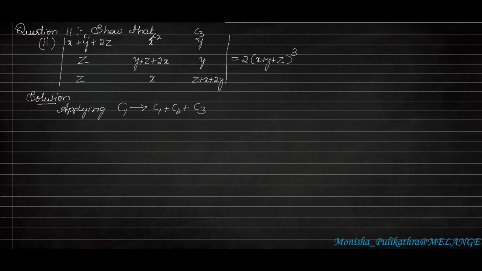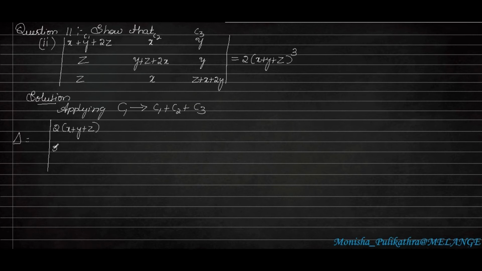Since we have to take one column or one row identical, if we take it identical, it will be easier for us to subtract and make our answer a correct one. That's why we are taking column 1 equal to column 1 plus column 2 plus column 3. So it will become x plus y, x will become 2 times, y will become 2 times. So I will be writing it directly, that is delta is equal to 2 into x plus y plus z.